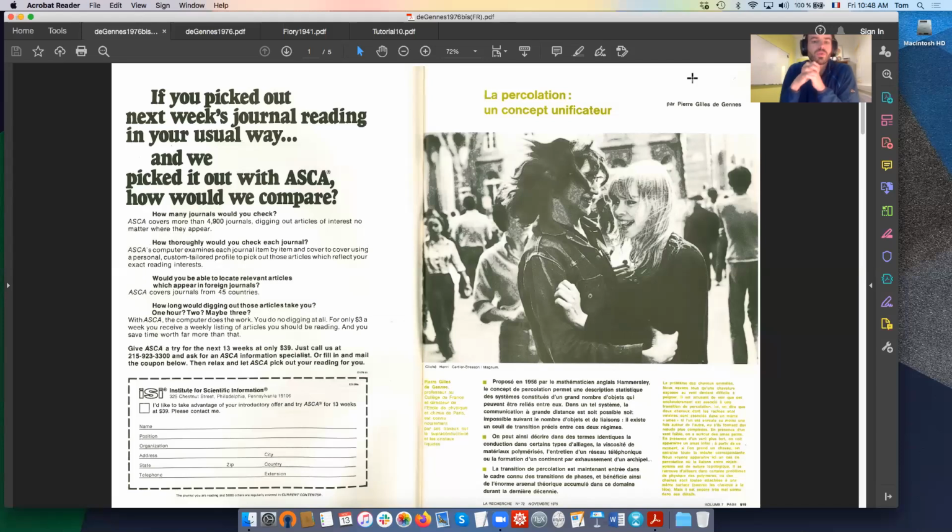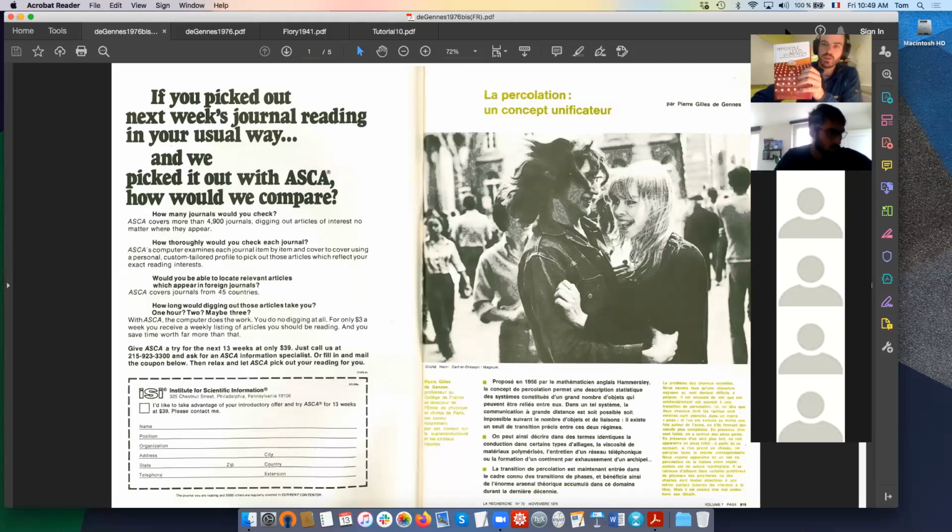Welcome to tutorial number 10, where we are going to talk about percolation, which is an important concept in physics in general. And before that, let me introduce the book of the day,